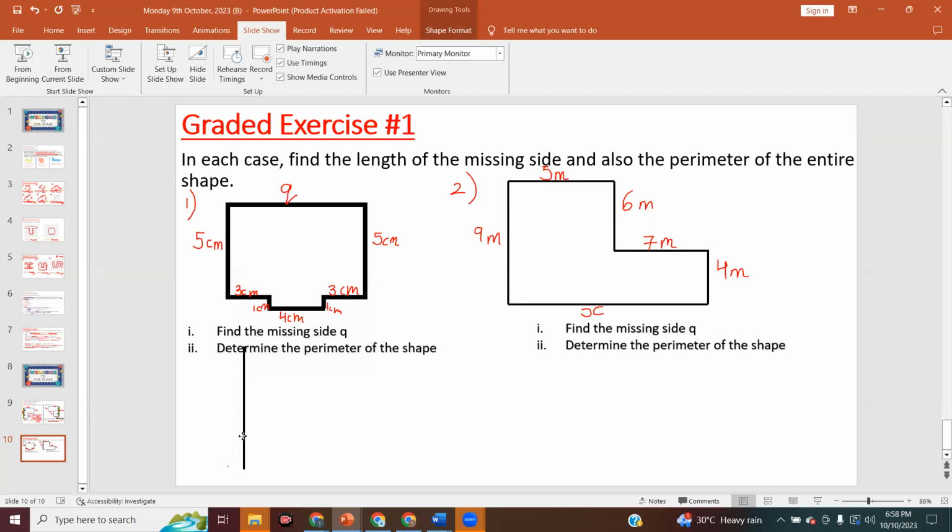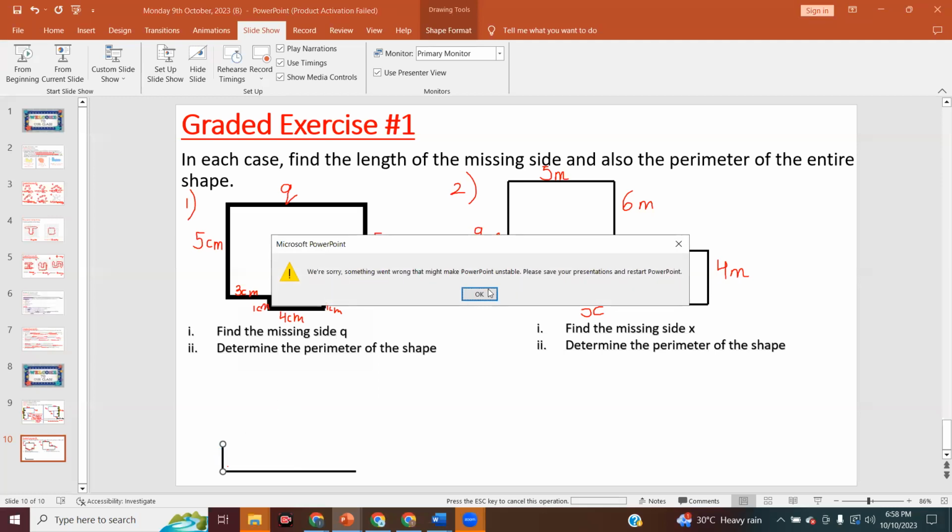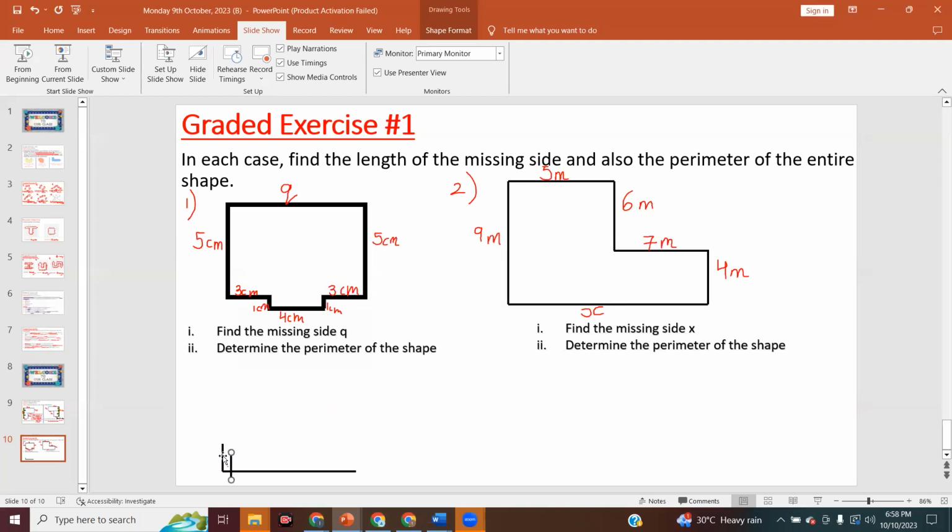Mr. Petit, is that an X? That is an X. Okay. I mean, yes. All right, so